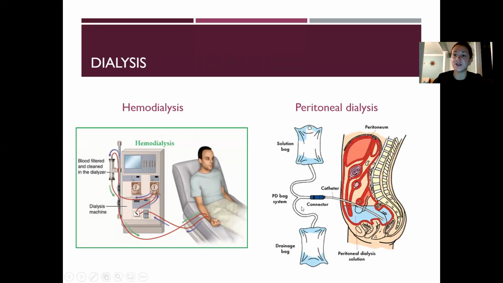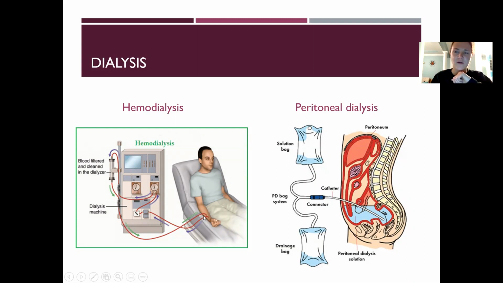Now we're going to talk about the 2 different types of dialysis. All right, so this is kind of the last thing we're going to be talking about. The 2 different types here are hemodialysis and peritoneal dialysis. With hemodialysis, there is a machine that's functioning as the kidney. And again, this is a concept you'll go into way more detail in critical care, but we will just touch on it because this is a lot of times what the end result of chronic kidney disease is going to be for people. So basically, this dialyzer on the hemodialysis machine is functioning as the patient's kidney.